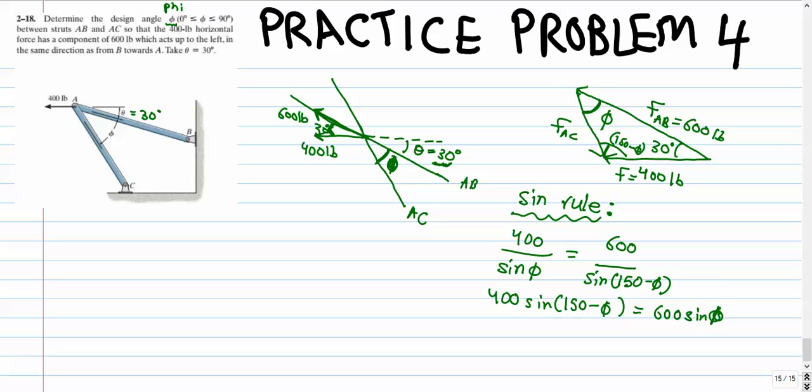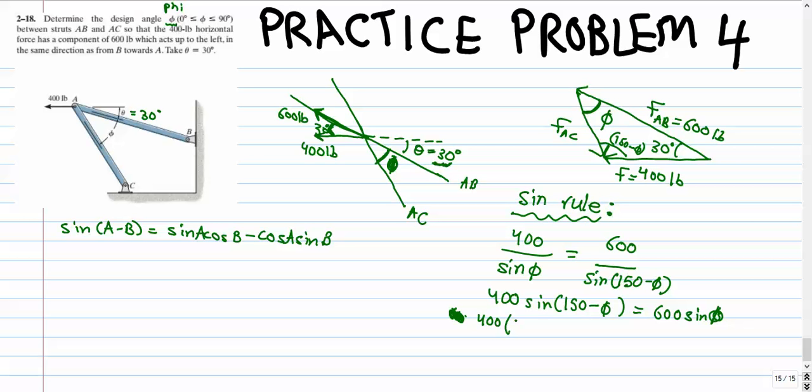Now we have a compound sine right here, which means that it's the difference between two angles. So we can expand this by using the formula that you need to memorize, and that formula is sine of A minus B. I'll write it right here. Sine of A minus B is equal to sine of A cos of B minus cos of A sine of B. So using this formula, we're just going to expand our sine of 150 minus phi, and what we get is